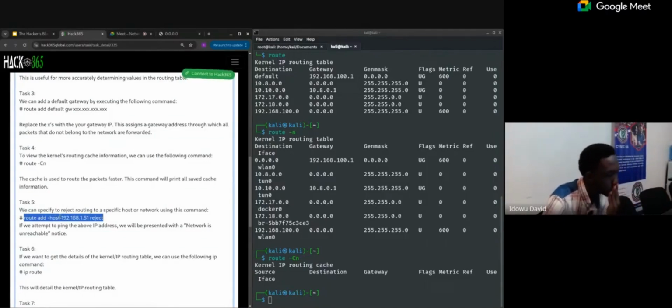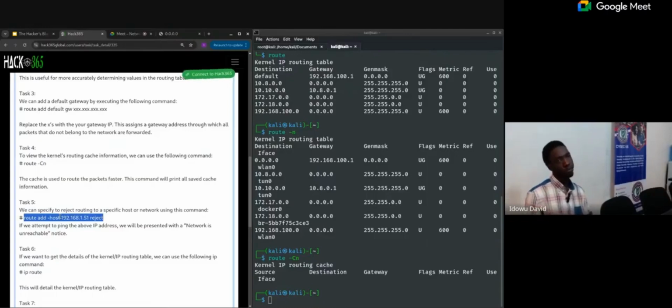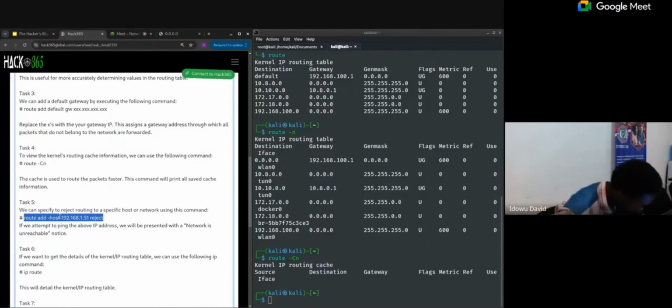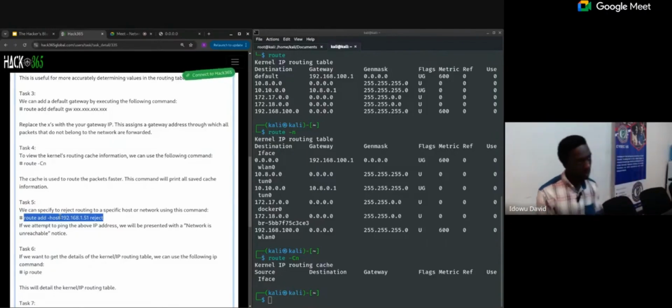So it means that, similar to disabling the ICMP protocol on a particular network, which is responsible for allowing you to ping the network. When you ping a network, it sends ICMP requests. So you can be connected to a network, and so long as ICMP is disabled, you won't be able to ping that network. So similar to doing that, you can also use routes to reject